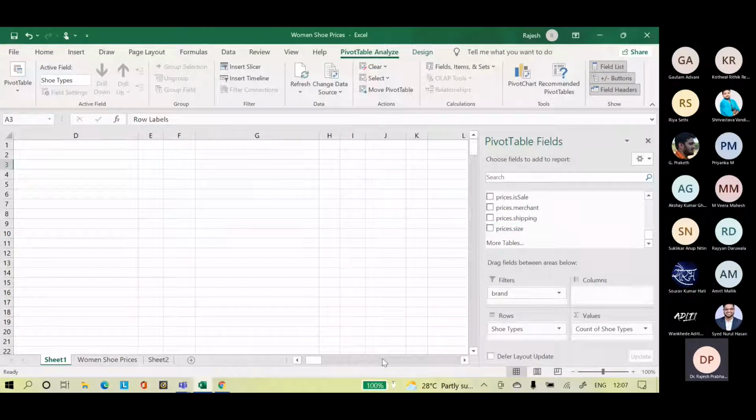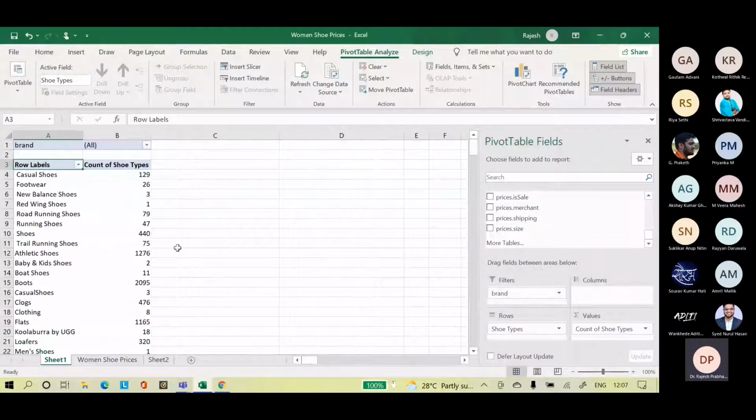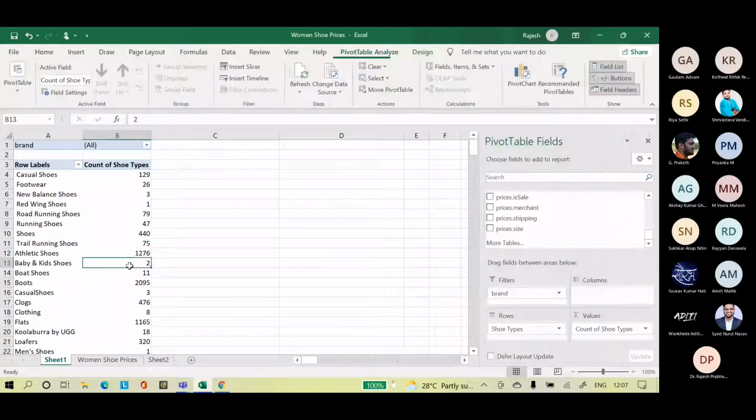So shipping is there, but it's a very long thing. So any other analysis you can suggest, guys?